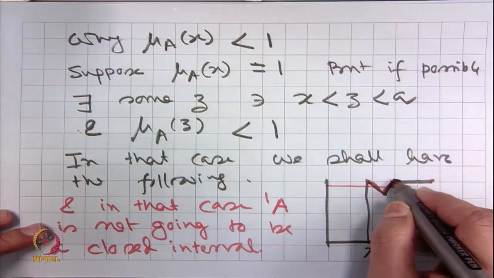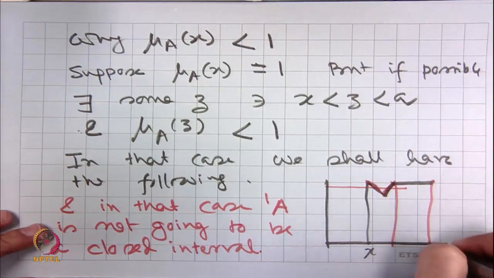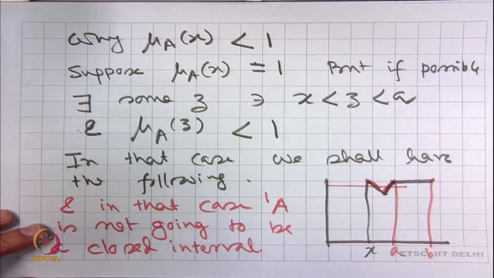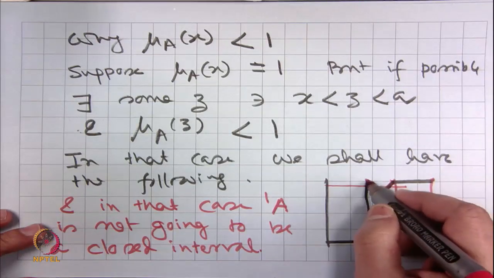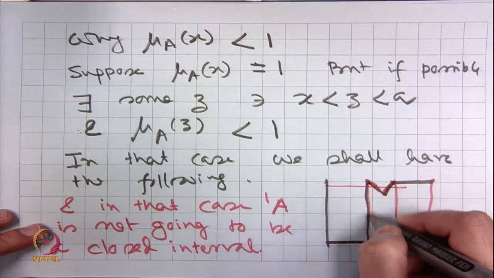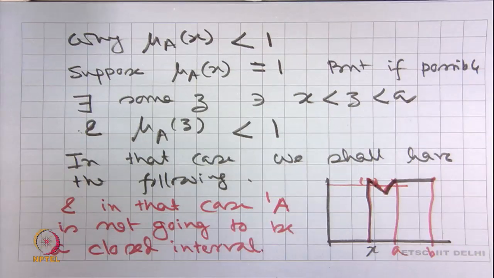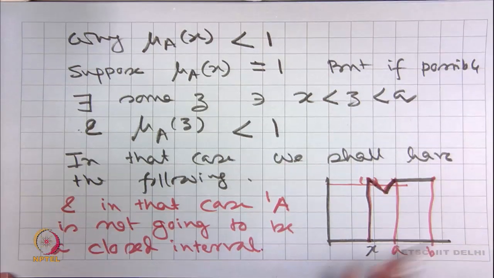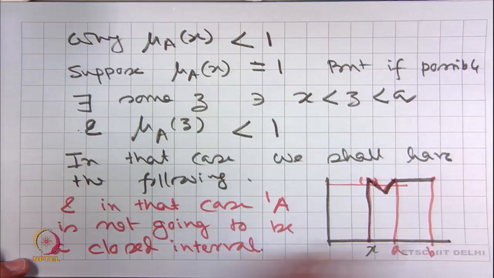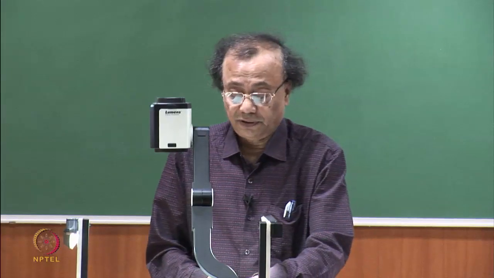Because the interval A to B will come in one cut of A, and at the same time the value x, or maybe some interval around x, will also be in one cut of A. Therefore, one cut of A is going to be at least a union of two different things, which is not a closed interval. Therefore, what we have seen is the following: